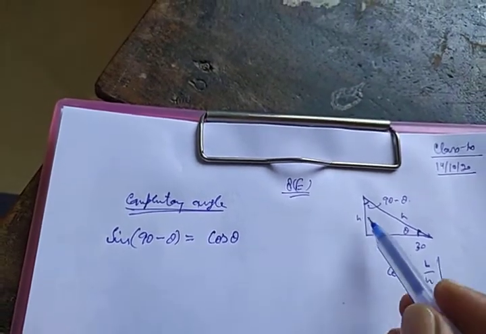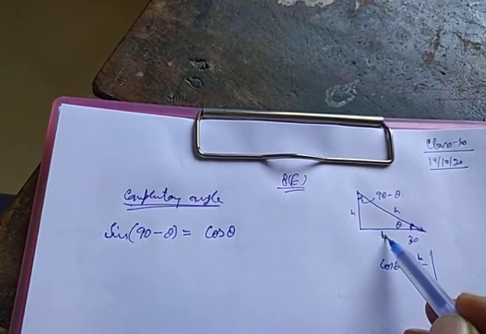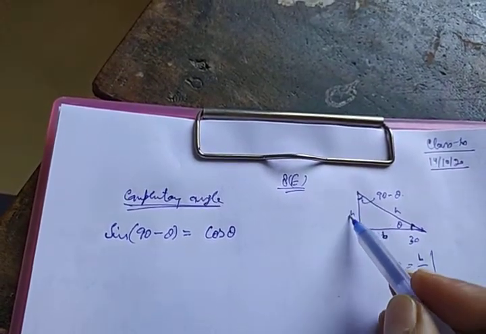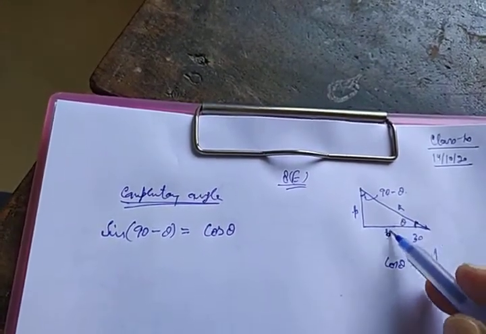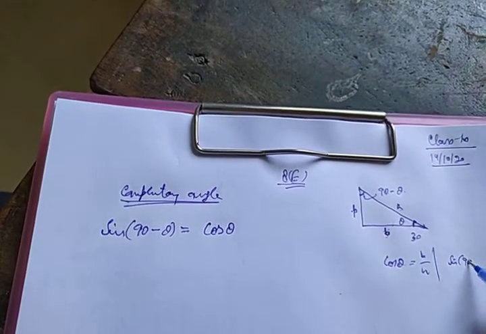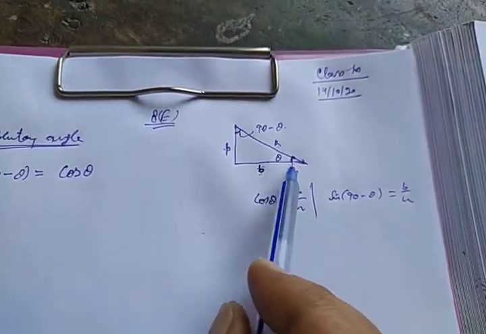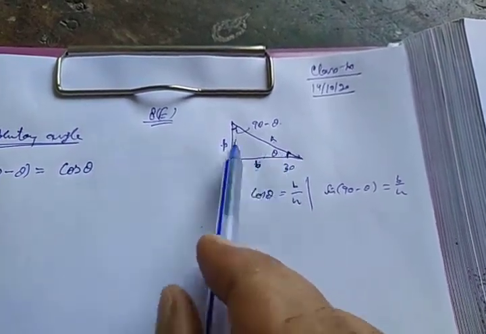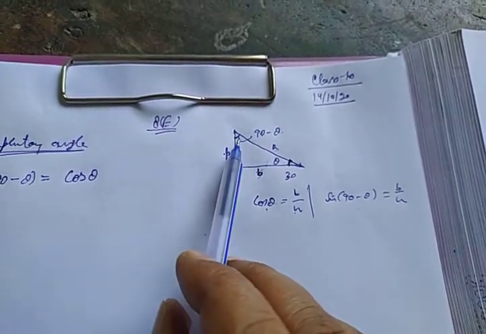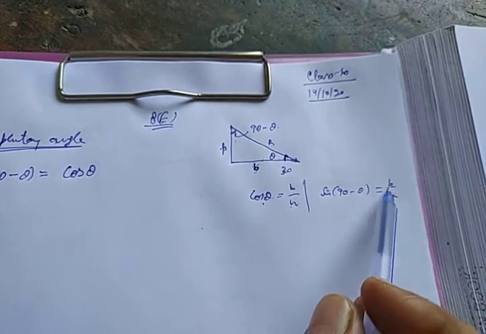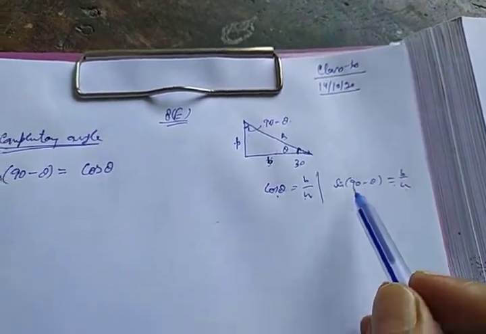And if you are taking this reference angle, then this B will become the perpendicular and this will be hypotenuse. Then the relation between B and H will be sin 90 minus theta equal to B upon H. Taking these two different reference angles, cos theta is B upon H, and sin 90 minus theta is also B upon H. It does mean right hand values are B upon H, so left values would be similar.